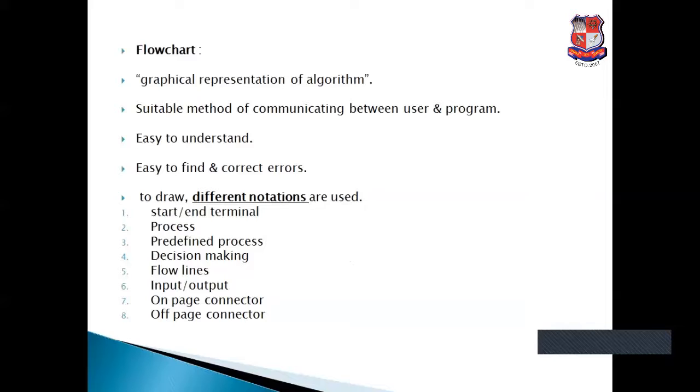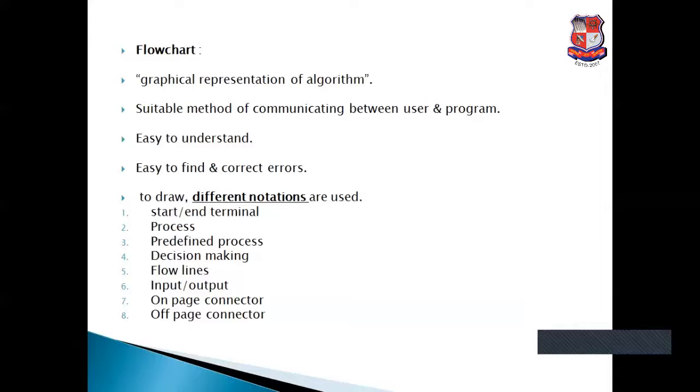Okay. Next topic is flowchart. A flowchart is basically a graphical representation of an algorithm, or you can say a pictorial representation of an algorithm. Basically, a flowchart is a suitable method for communicating between user and program. If you want to communicate between user and program, then you can use a flowchart. It is easy to understand because there are graphical notations, and you can easily find out and correct